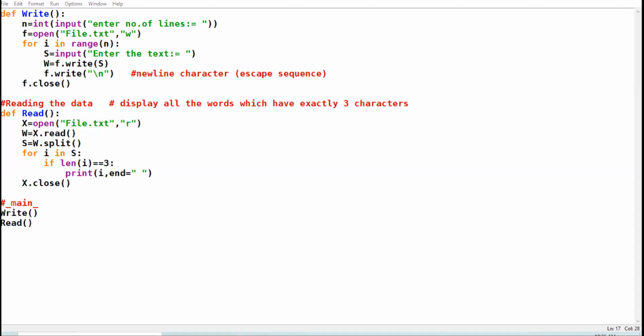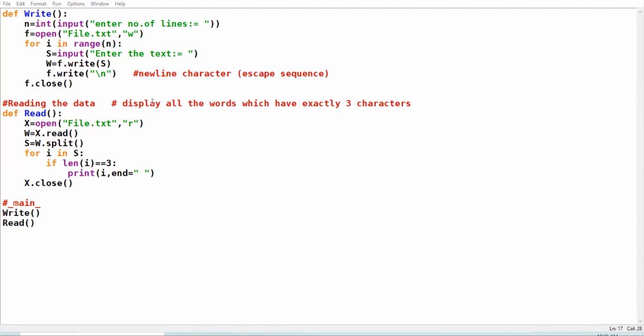Now, one more program on the concept of word by word. And the program is, listen carefully.